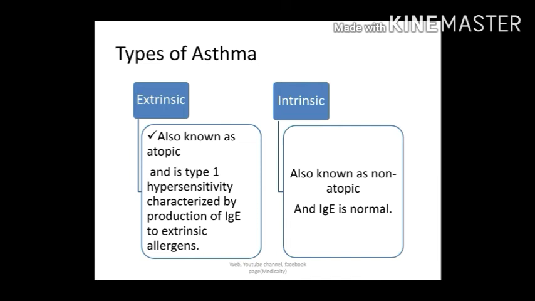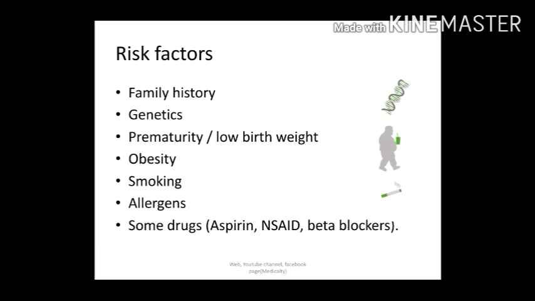Types of asthma: it is divided into two types, extrinsic and intrinsic. The extrinsic, also known as atopic, is a type 1 hypersensitivity which is associated with IgE antibodies, and intrinsic is not associated with IgE antibodies. The risk factors: family history, genetic, prematurity, low birth weight, obesity, smoking, both passive and active, allergens,